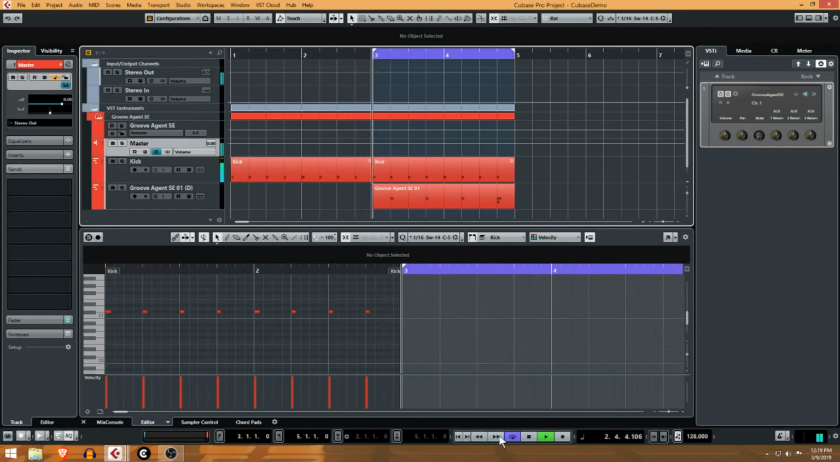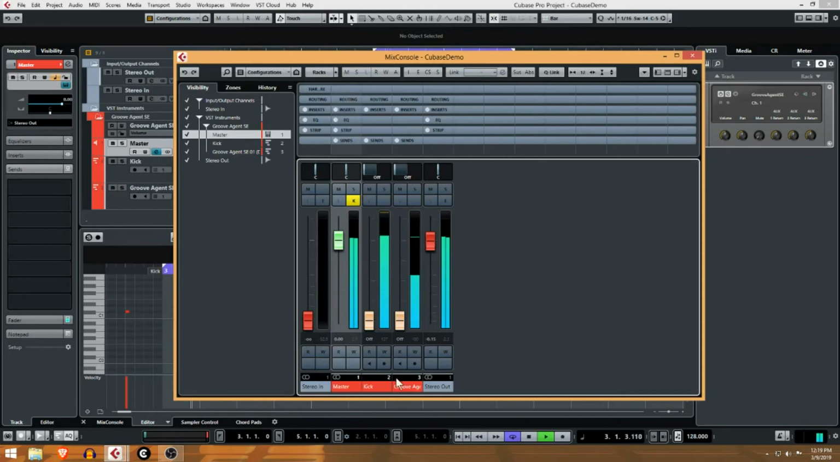And then if we hit F3, it brings up the mixer. Now you can see we have a master track. We have a stereo out track, and this master is the audio output from the VST instrument. And these two tracks here are the MIDI parts. So it's kind of weird, but it shows you right